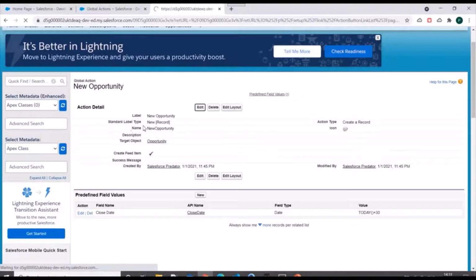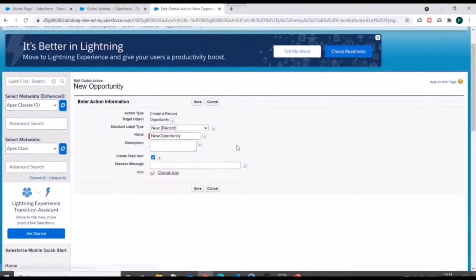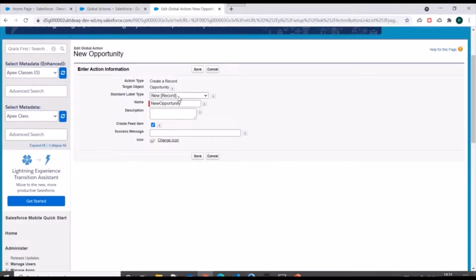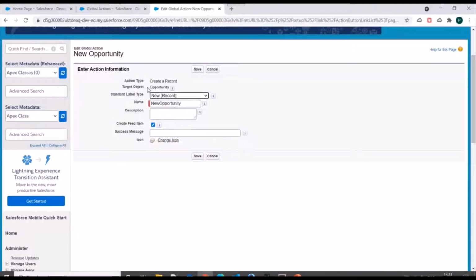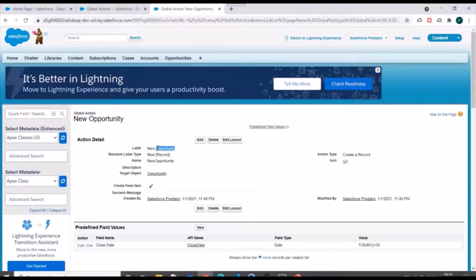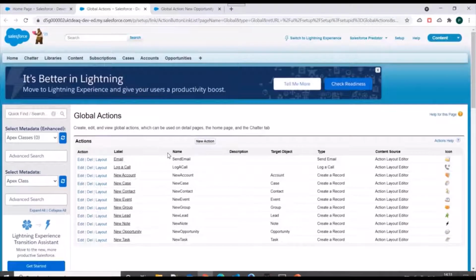Let's try to edit this and check how we have created the global action. Standard label type, it's a new record we have selected, and the target object and action type are already selected. So we'll be using this global action to create the opportunity record.